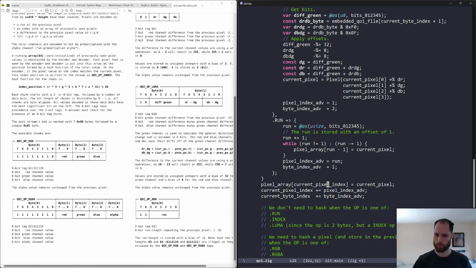The current pixel index hasn't changed at all. So then it will get set to the previous one, which is what we've been doing anyway. And then it's going to be advanced by the appropriate number that have already been set. And then